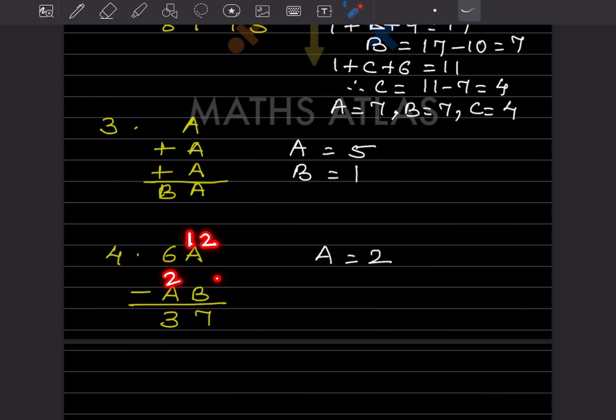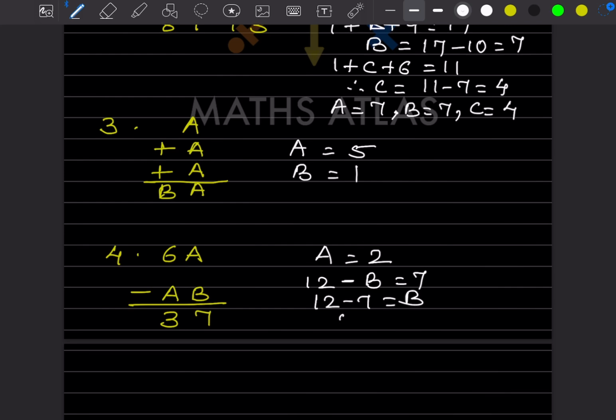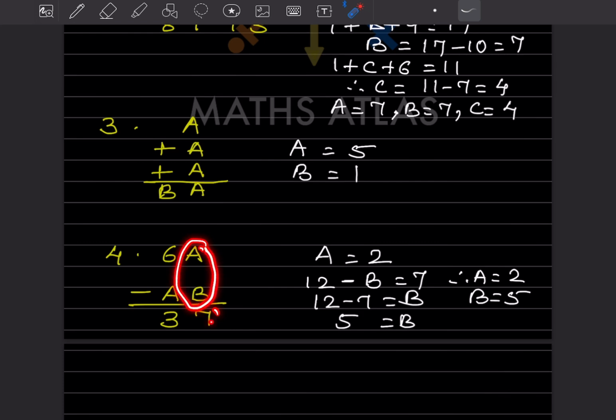So now what will that be? So you can do here 12 minus B is equal to 7. So now what will you write here? 12 minus 7 is equal to B. So 5 is equal to B. So what can we write here? Therefore, A is equal to 2 and B is equal to 5. Hope you got this. Because if we take a smaller number, it's not possible. If we are subtracting, we have to look at this number. So we have to start from the tens place digit. So whatever the number is here, if this number is going to be smaller,